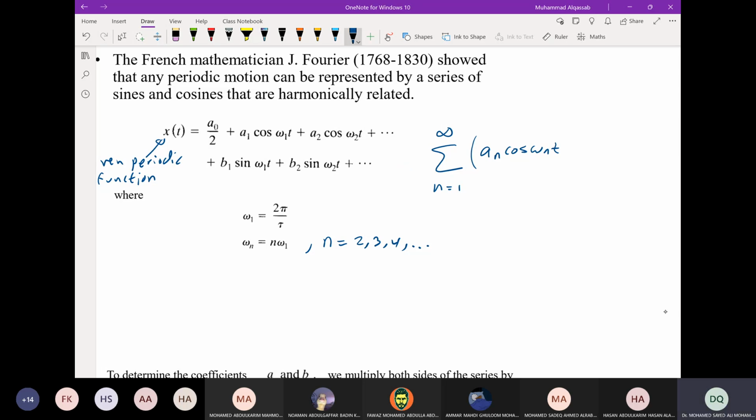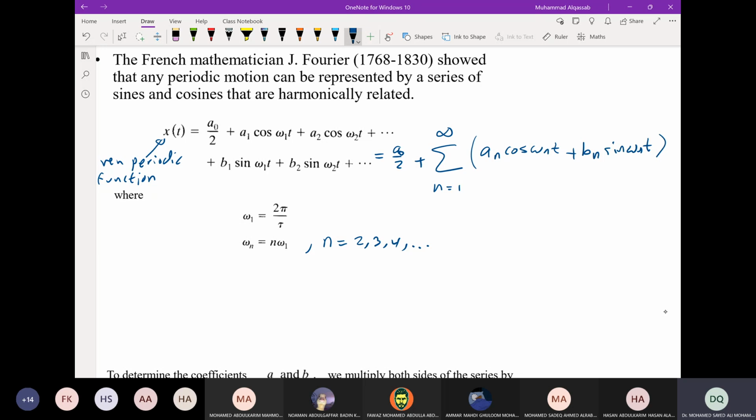We put the 0 term alone, equal to a0 over 2, plus this, plus bn sine omega n t. So a0 over 2 is the first term. The other terms are put in the summation from 1 to infinity of an cosine omega n t plus bn sine